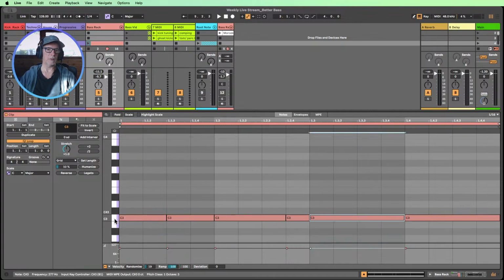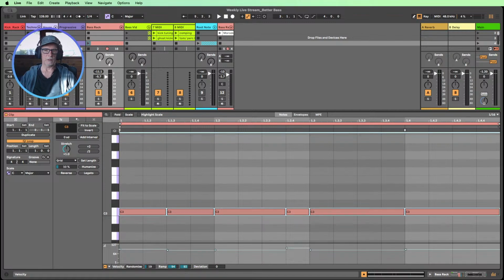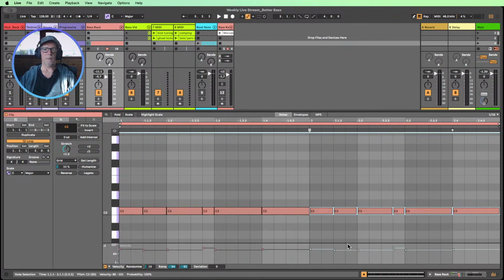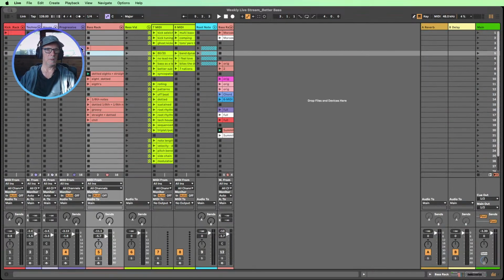I hope you're finding this interesting. I hope you're finding it inspiring to give you some ideas for some patterns in your tracks. And what is a dotted note, how to use it. Make sure you're always looking at velocity, note lengths and things like that. That's a lot of where you're going to get a boring bass turned into an interesting one.